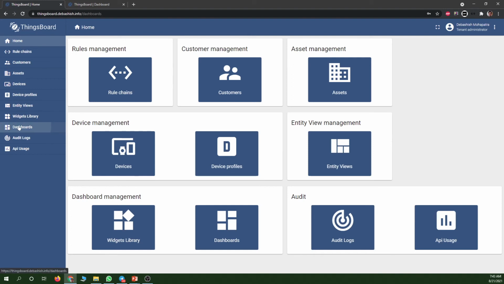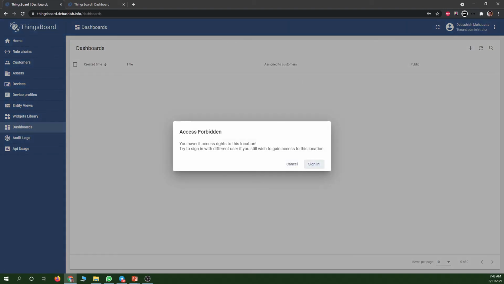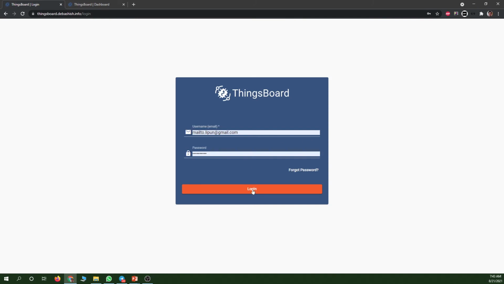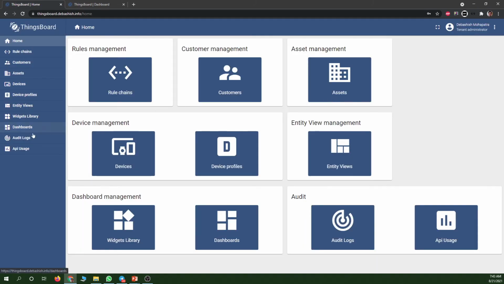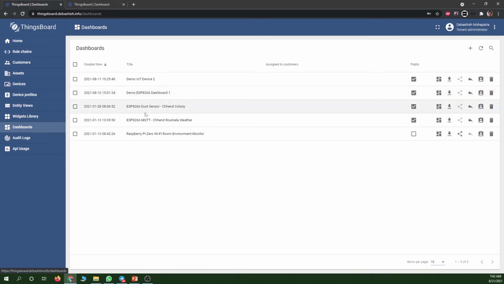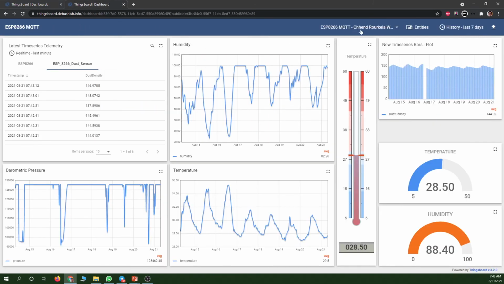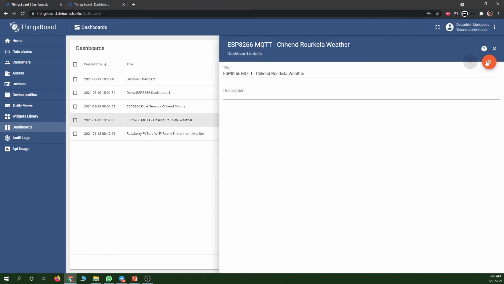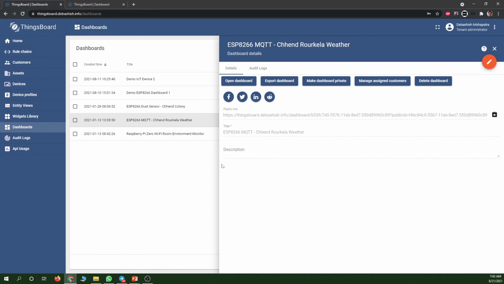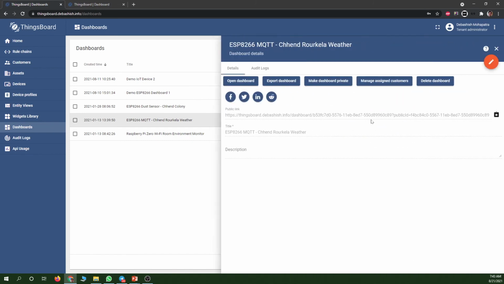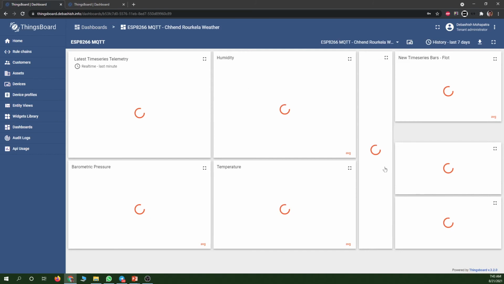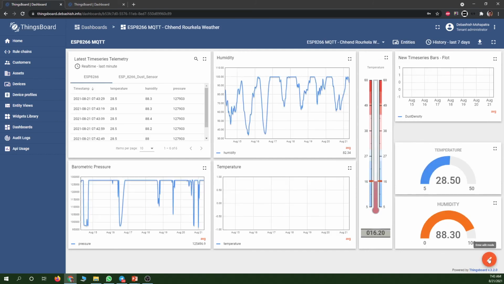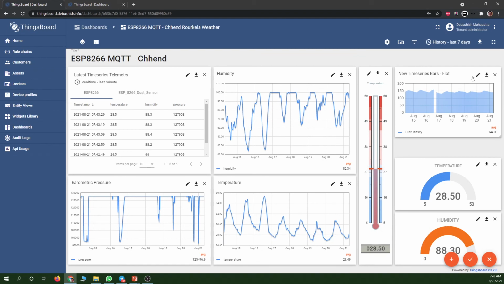Here you can go to the dashboards, and I have created a few dashboards. Okay, I have to sign in again. Here are the dashboards. The one you are seeing here is the Rourkela weather station. So for this one, you can click the edit button. Open the dashboard. Now here will be an edit button at the bottom. You can click it, and each of these gadgets has many different parameters. For example,